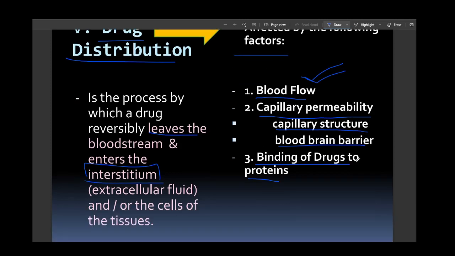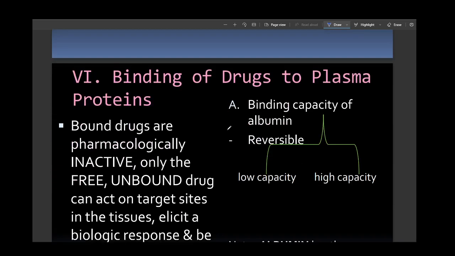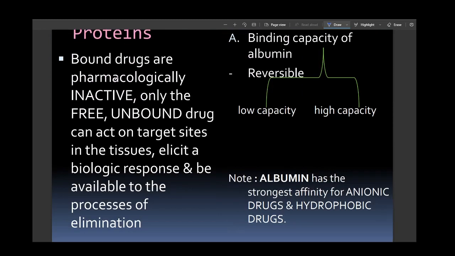And if the binding of drugs to proteins, if the drug is bound to a protein, it has more bioavailability. If the drug is in free form, there will be more excretion of the drug. Binding of drugs to the plasma proteins. Bound drugs are pharmacologically inactive and only the free, unbound drug can act on the target sites in the tissues. This is a very important concept